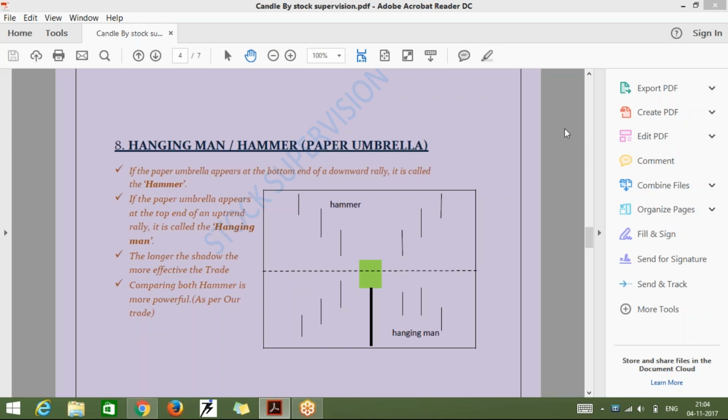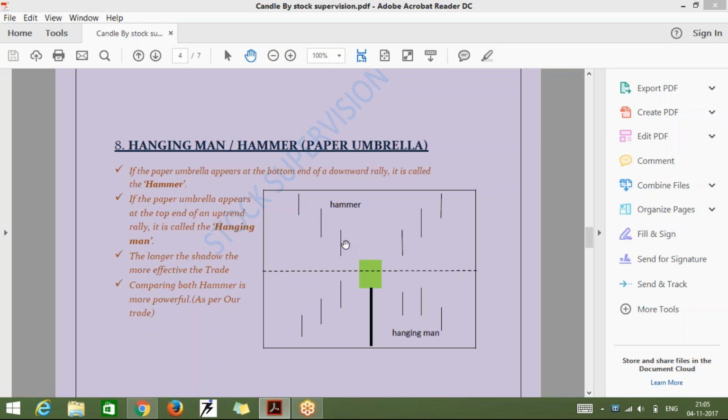I was telling the comparison and the red and green candle. Let me tell you about the trade setup. The prior trend, I'm talking about hammer right now. The prior trend is highlighted with the curve line. The thought process behind the hammer is as I said, I have already discussed this one.